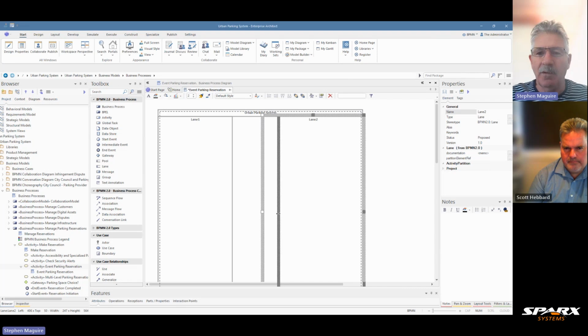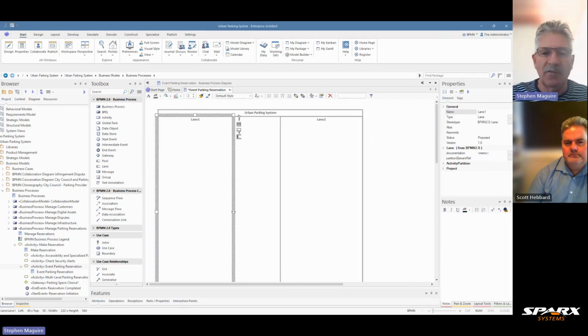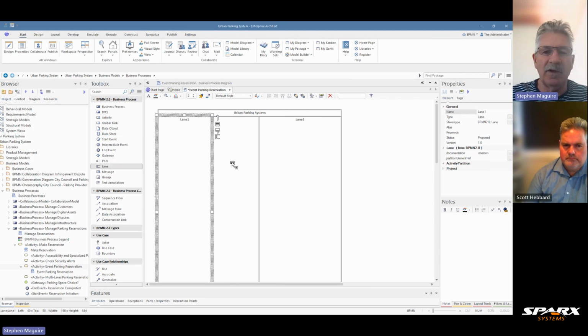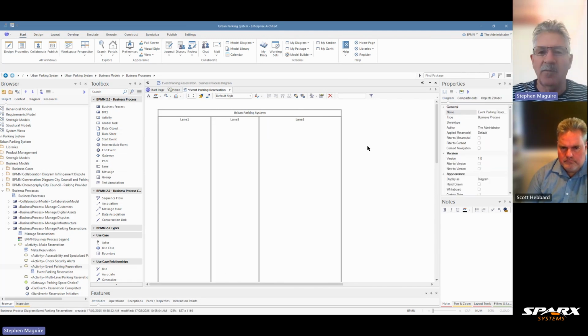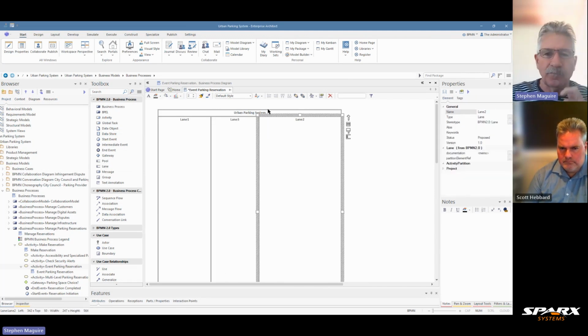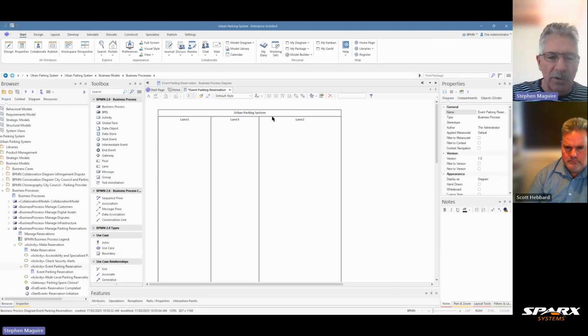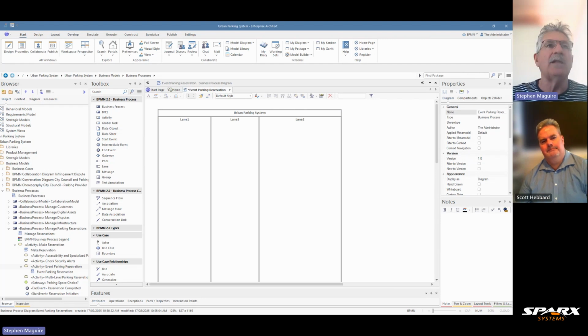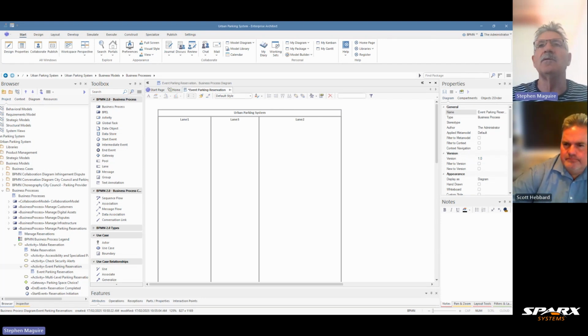I'll rename these as I go along, I think. So let me just put them in first and get them orientated. And there's my third lane there. So that's all looking quite good. And I need to now name these lanes. So this one here, I'm going to name customer liaison,